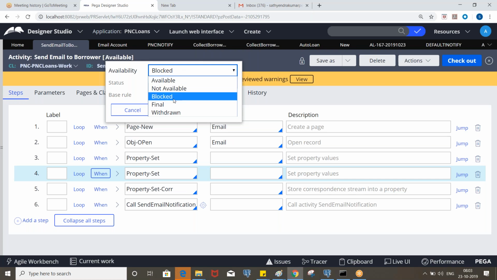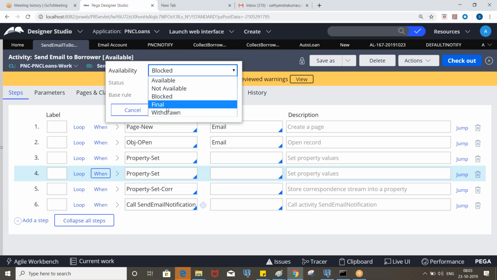But again, as I'm saying, we never select this option. Okay. So you just understand. You can refer to the document for definitions. It's clear, right? So if you make any of the rules as block, then it will throw an error at runtime, and the flow will be stopped.